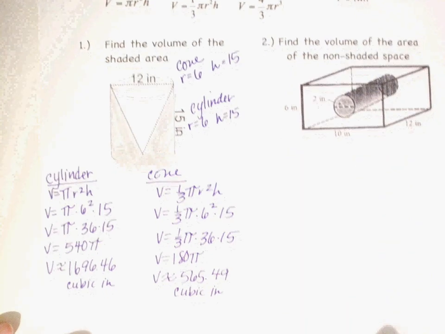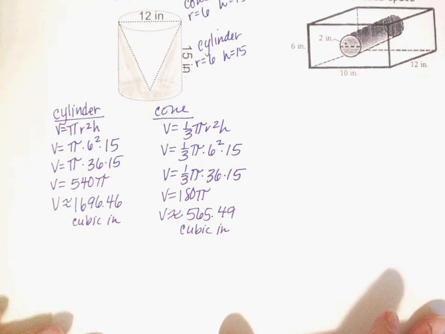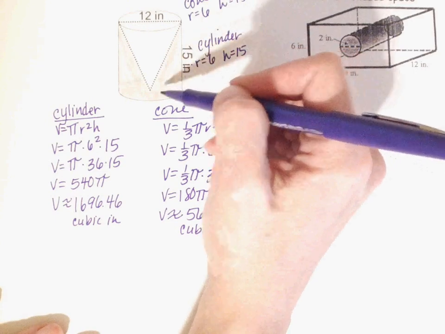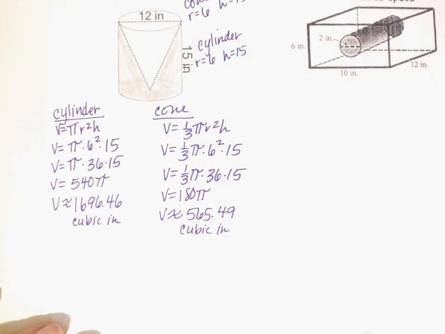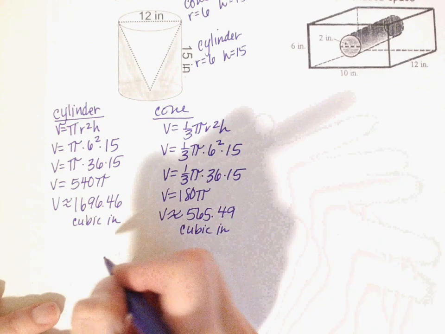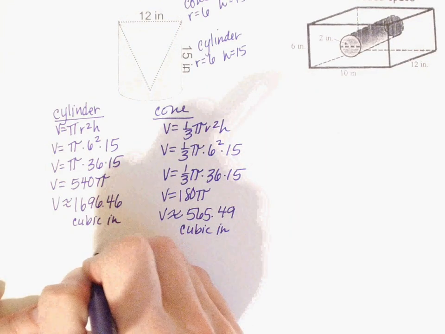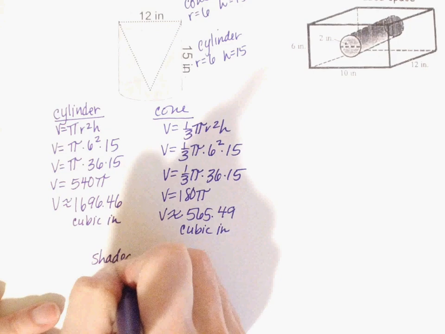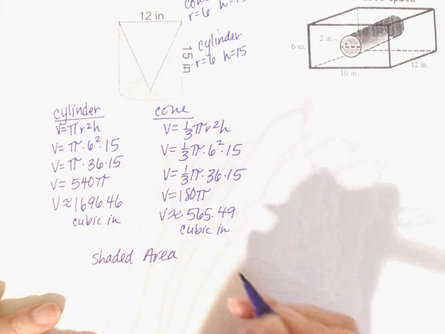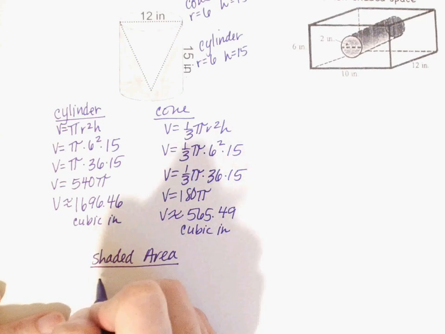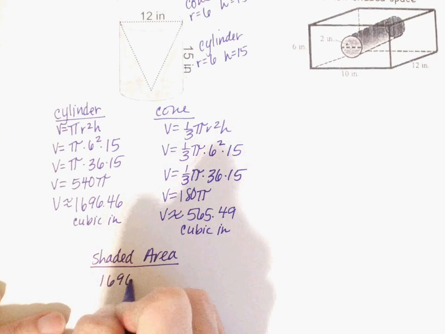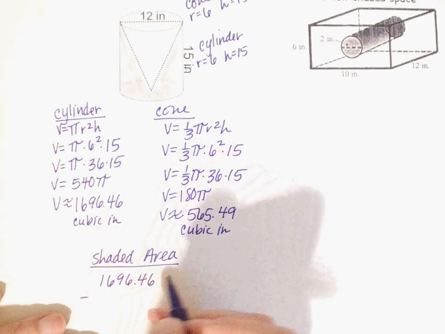Okay. The next thing we're going to do is find the volume of this shaded area. So the shaded area is the outside of the cone. So to do that, I subtract. I'm going to go ahead and label that I'm doing the shaded area now. And when I do my shaded area, it is 1,696 and 46 hundredths minus